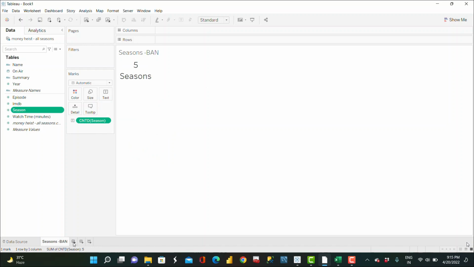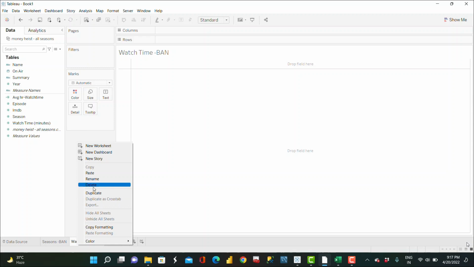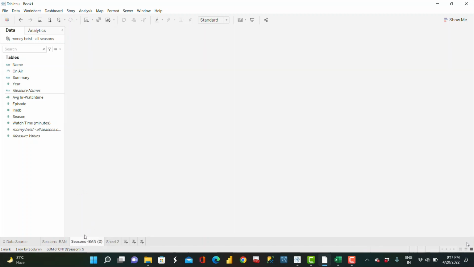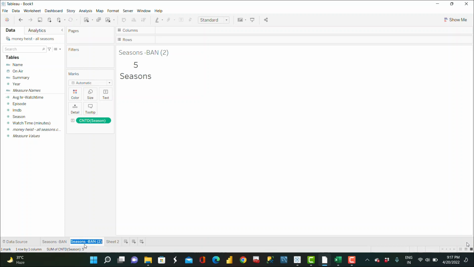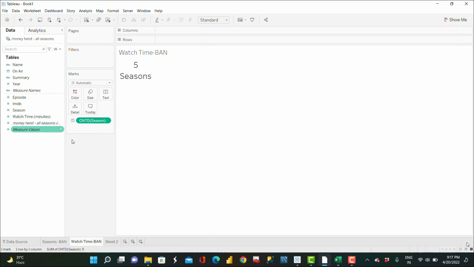Okay, so now what I want is, I can just duplicate this sheet. Now I want to create the big aggregated number for the watch time, the average watch time of all the seasons. But what I want is, I want it in hours. Okay, so now what I have done is